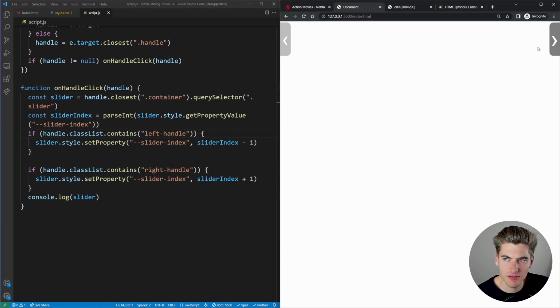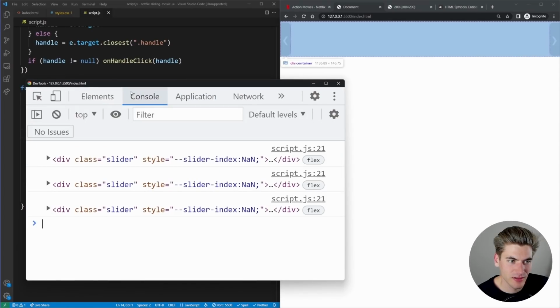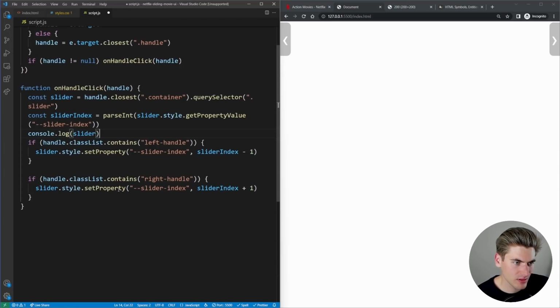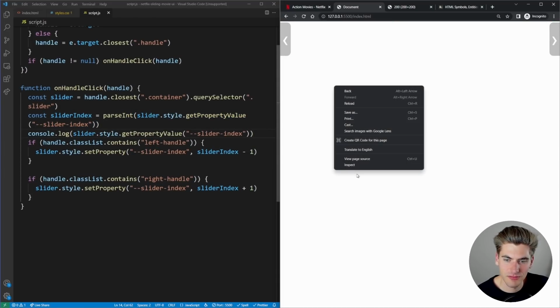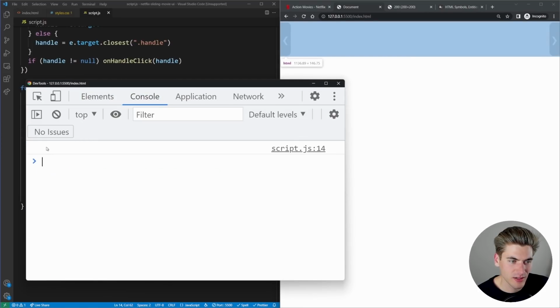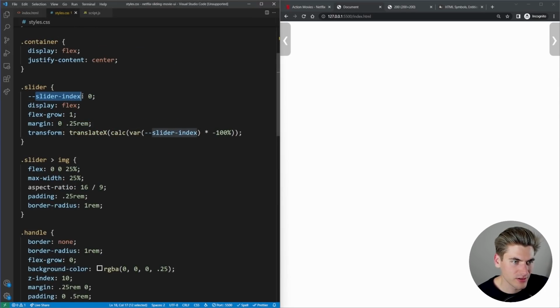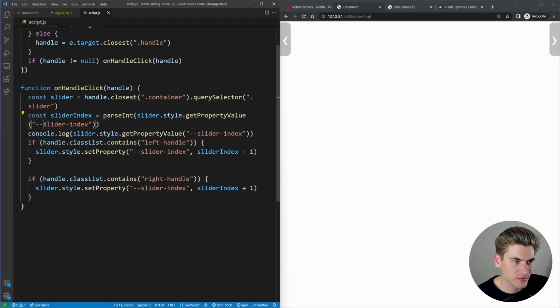Left, right, right, still not working. Slider index NaN. Let's just copy this, paste it down, see what value we get. Inspect. Console, still printing out nothing. Slider index, I believe that is what I called it in here. Slider index, yeah, exactly the same.